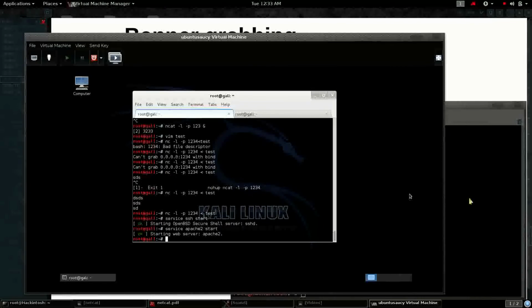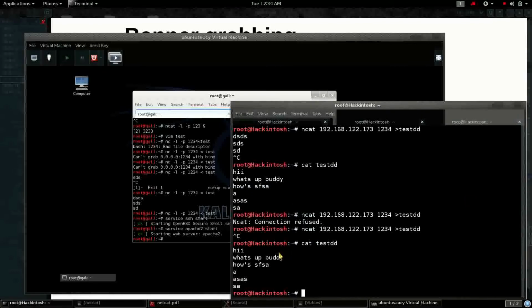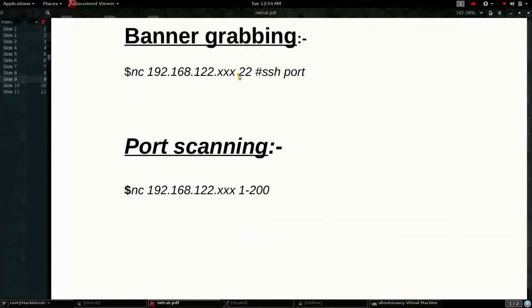So I have opened my port 22 and Apache server. Now I need to find out whether my port 22 is open. The client needs to find that out, and if he just does ncat, space, IP, space, the port which he wants to see if it's open or not,